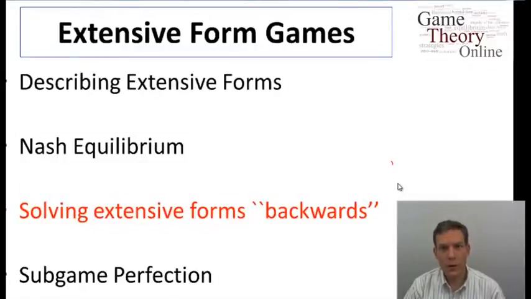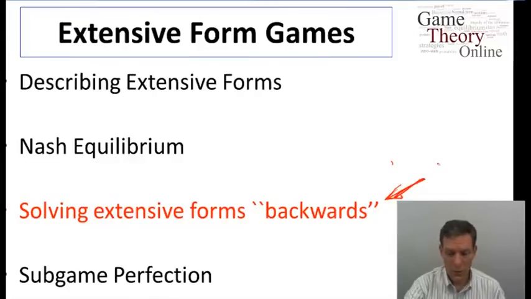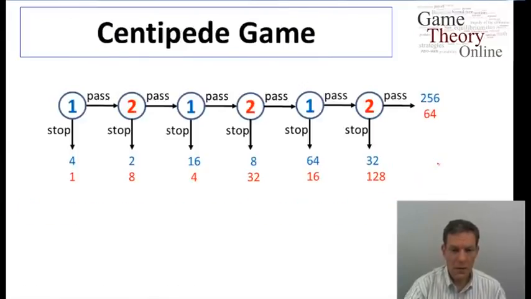Okay, so now let's continue on with our study of extensive form games, and in particular, now let's look at a different form of reasoning by which we can make predictions in the game, and in particular, let's look at solving games backwards. So what does that mean? Let's look back at the Centipede game and begin to use some reasoning